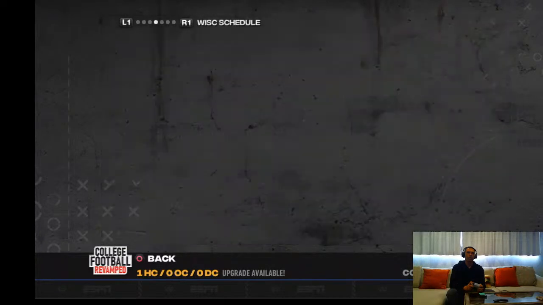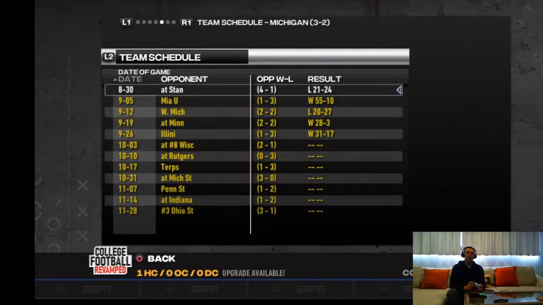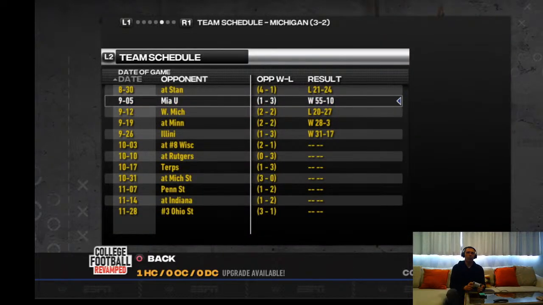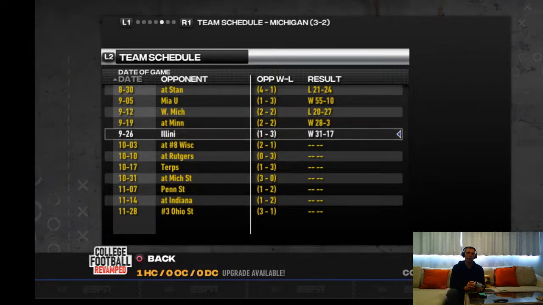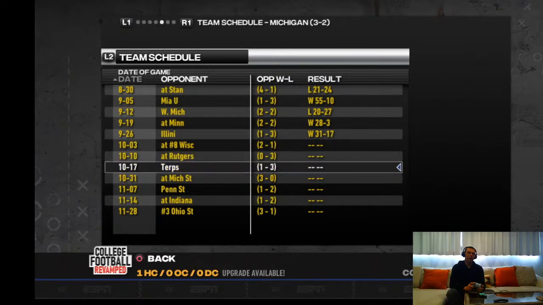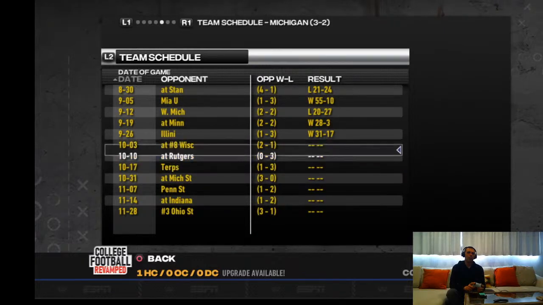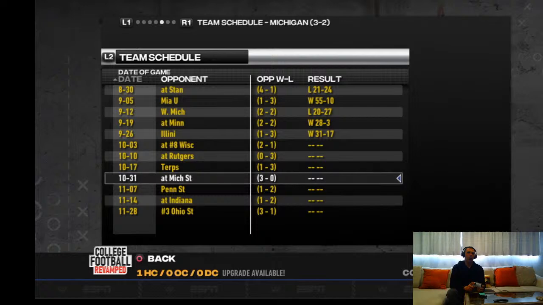Let's go and just take a look here. Again, so the Michigan schedule, for those who may have missed it, lost at Stanford, blew out Miami of Ohio, lost to Western, just a ridiculous game, but then we've won back-to-back games here, playing much, much better after a kind of refocused commitment. But again, very, very tough road game here, but followed by some winnable games before we head to Michigan State. So, it would be great to rattle off 3 out of 4 in here, if not all 4.